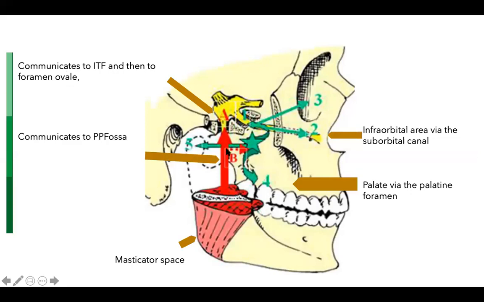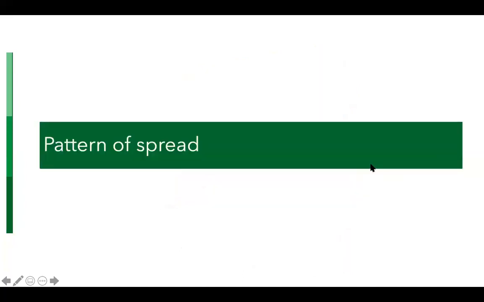Maxillary sinus tumors can involve the infraorbital canal, and that is how they can track to the maxillary nerve and then to the foramen rotundum. Through the palatine foramen, they can also be involved when there are lesions involving the hard palate. This is how, through the palatine foramen, they travel to the maxillary nerve. And of course, the most important thing also, for the track of the maxillary nerve, we have to know about the pterygopalatine fossa. So this is the kind of anatomical importance that the masticator space and the infratemporal fossa have.